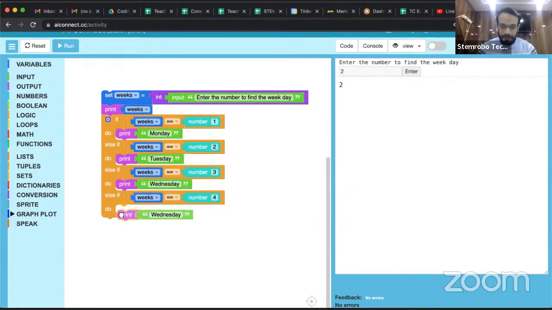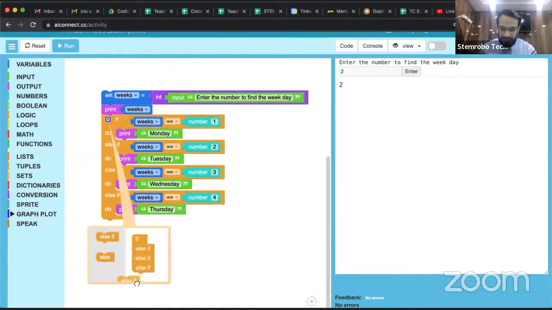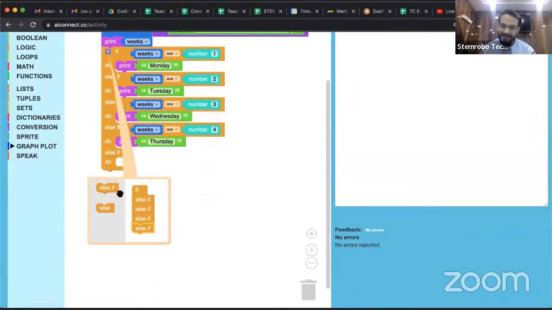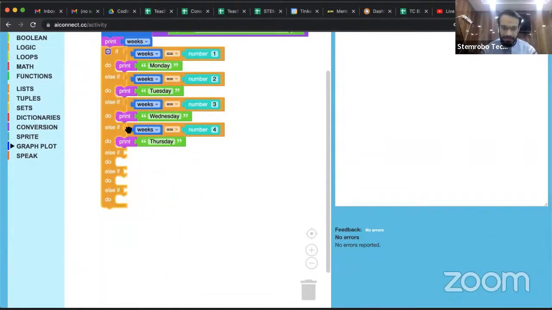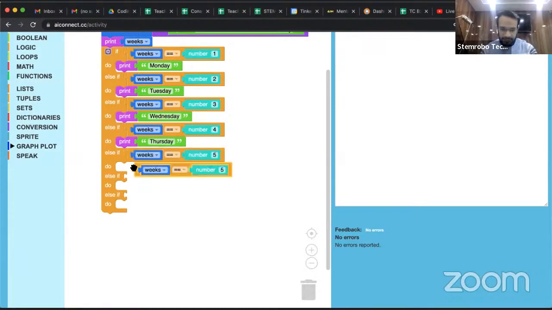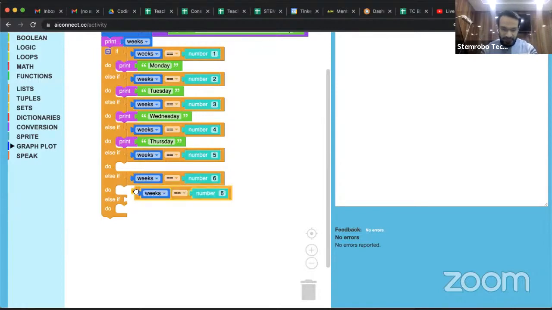तो दिस प्लेटफॉर्म आपको ये एक्सेस दे रहा है कि आप यहाँ पे इस तरीके से डुप्लीकेट भी कर सकते हो। अब मुझे और कंडीशन ऐड करनी है, मतलब मुझे एल्स इफ ब्लॉक को और ऐड करना पड़ेगा। तो थर्सडे के लिए हो गया, फ्राइडे, सैटरडे, संडे, तो हम 3 और ऐड करेंगे, ठीक है। पहले हम इतना करते हैं। तो हमने 5 के लिए कर दिया, 6 के लिए कर दिया, और फिर हम करते हैं लास्ट जो है 7 के लिए।